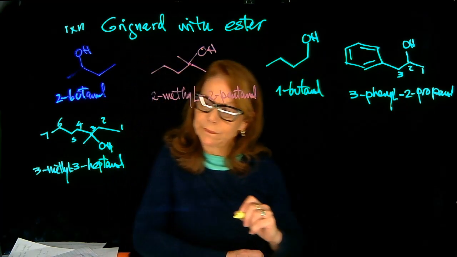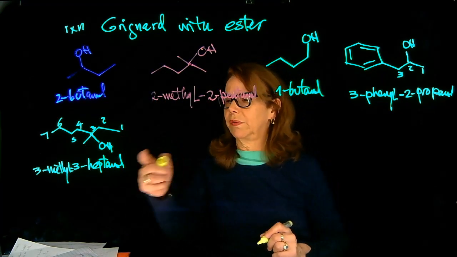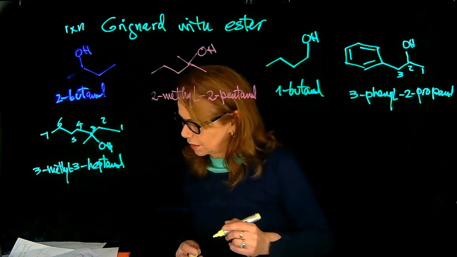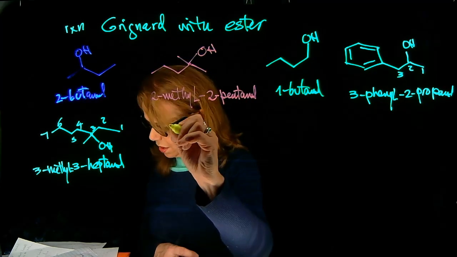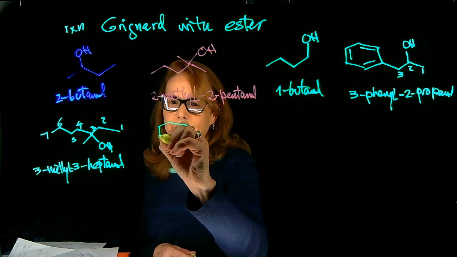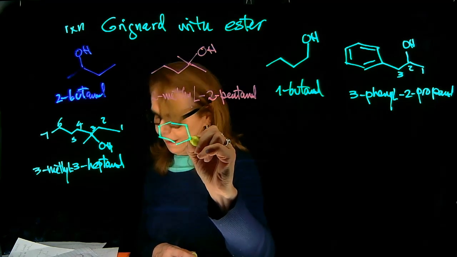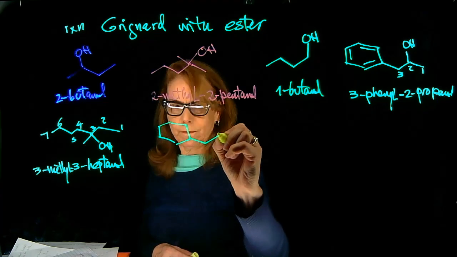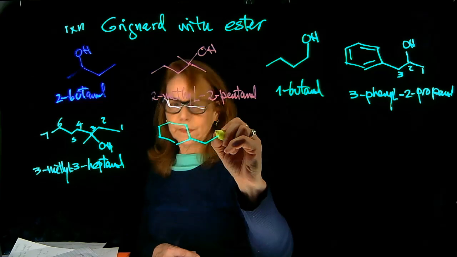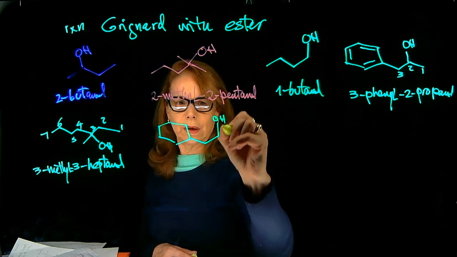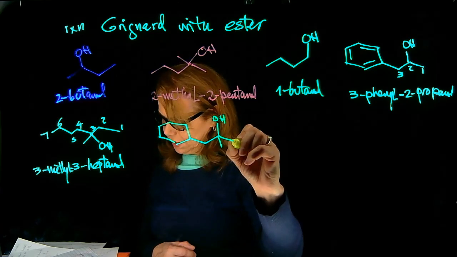In carbon 3, you have the alcohol in the middle, all right? And yet I have another structure, which is the following. Here you have OH, metal, and